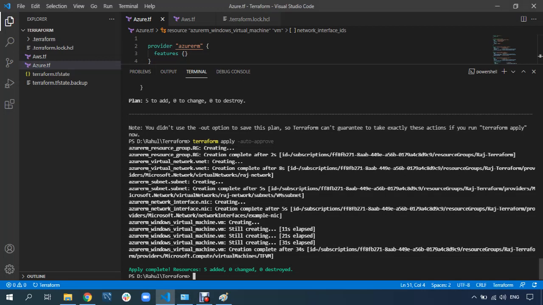Hopefully you understood how to create resources. Please keep on creating resources on your own. Then only will you get the confidence and be able to write any Terraform code. That's it for today, and in upcoming videos we'll proceed further with the next topics.